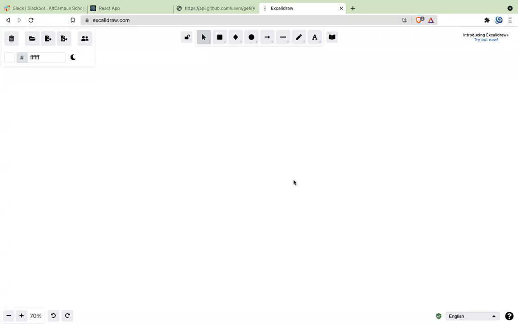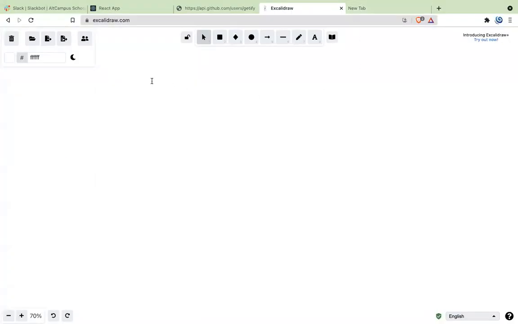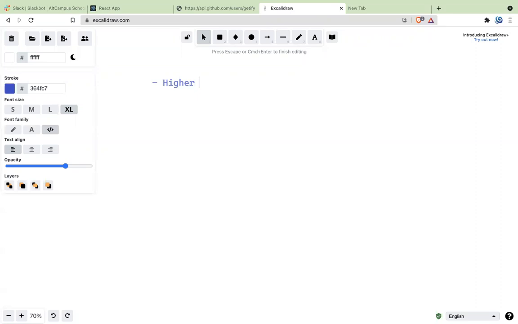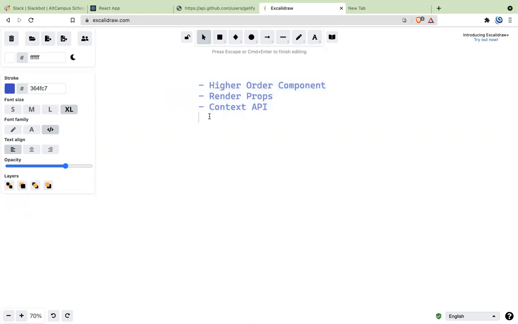So in this session, what we are going to do now is to just go through certain topics that we need to learn in advanced JavaScript. And those topics include things like higher order component, and you have something known as render props. And after that, we'll also look into context API. So these are the three things that you will be learning in advanced React, because these are the few things that will enhance some of the problems that you're facing right now when you're learning about React.